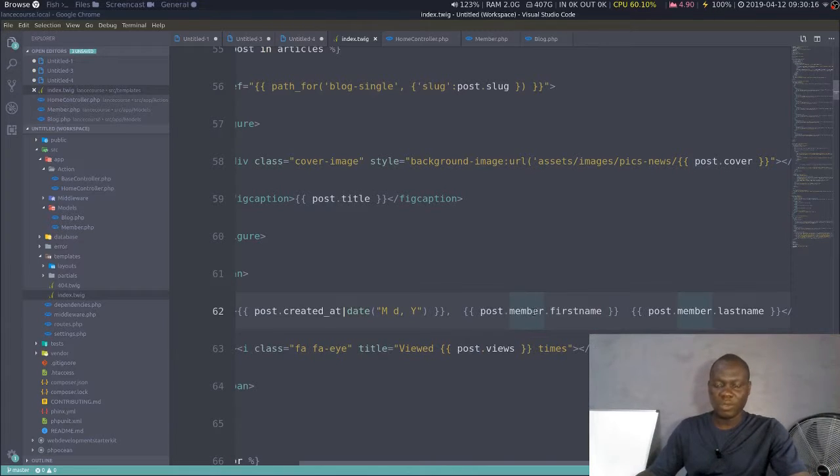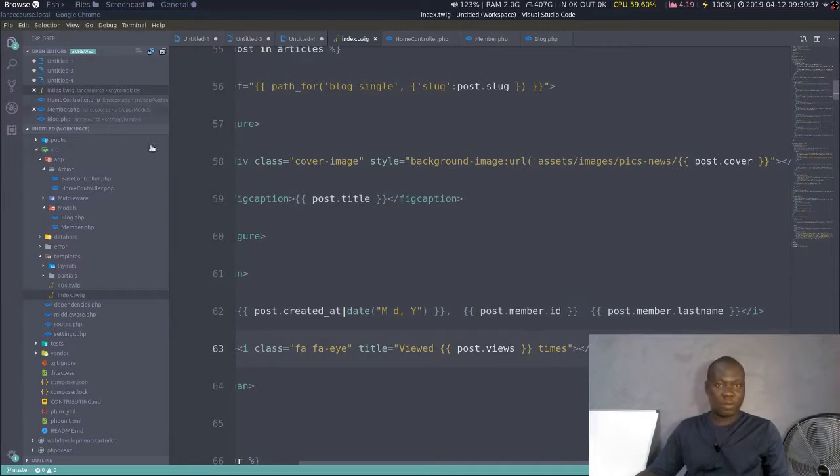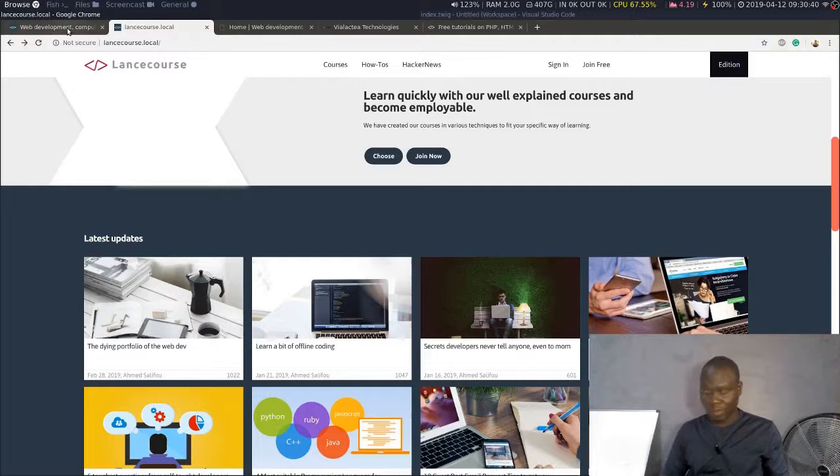So it is easy for me to quickly access, and thank God Twig has that possibility of just dispatching this and giving it to us very easily. So I can access the post, access the member that has the post, and the member's details, the first name, the last name, or whatever details I decided. So for instance, if I change it to ID, I'm supposed to have the ID. So if I refresh, instead of the first name, now we have the ID, and I'm number one. Don't be jealous, because I was the first one to sign up on the website. Okay, so if we go back to it,